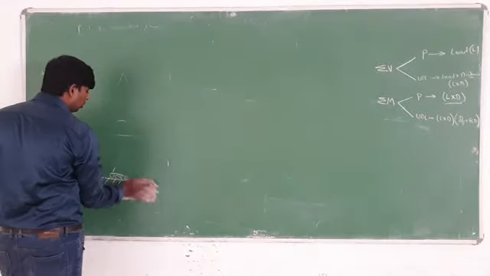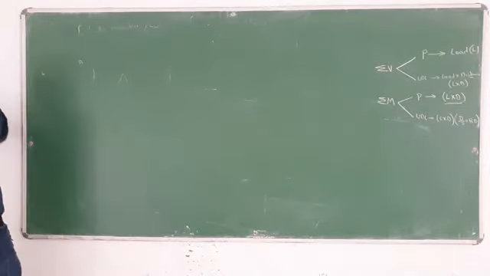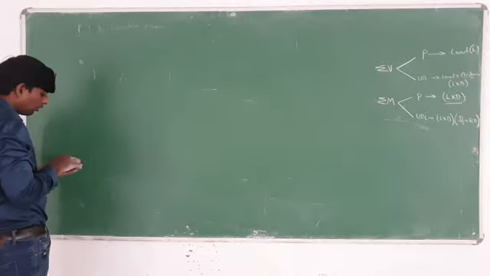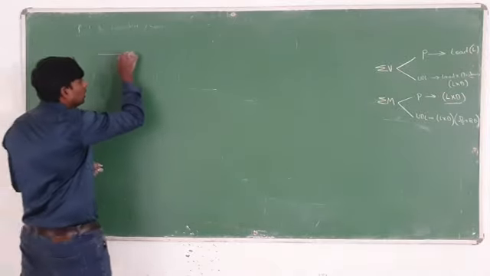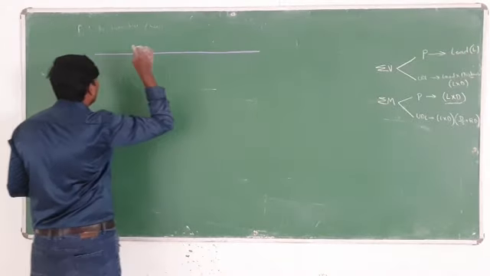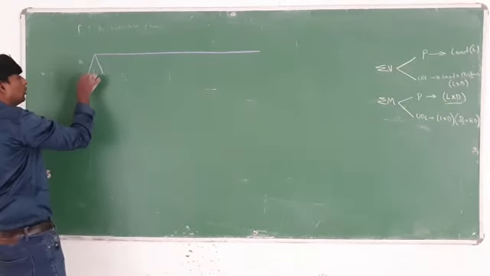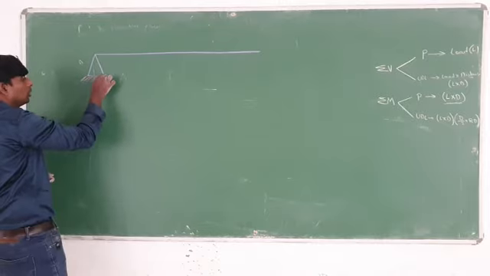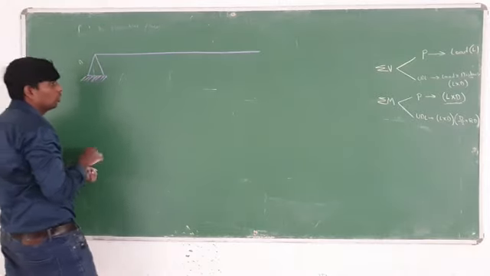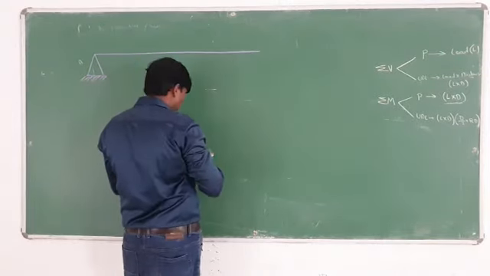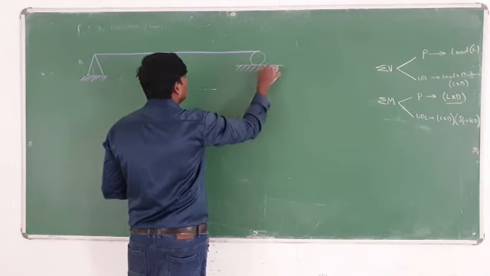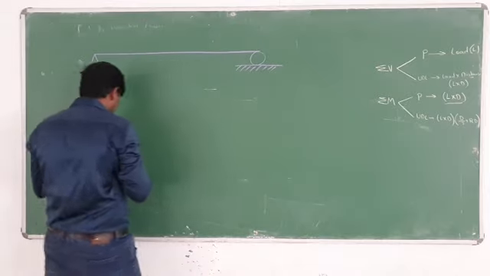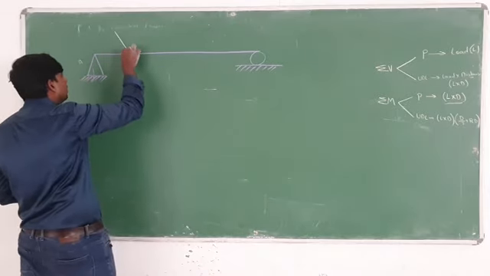So what you have to do in this question, see here, like this question will be given. Find out the reaction and support for the given beam as shown in the figure. Like this supports will be given. This type of support I told you. Which type of support it is? Roller support. And this one is known as the roller support, like this roller support will be there, and here some load is there.